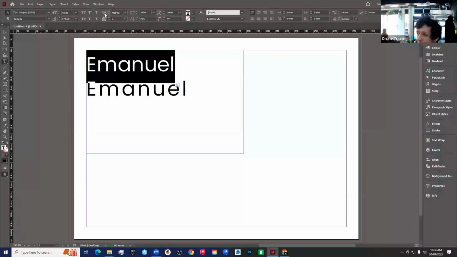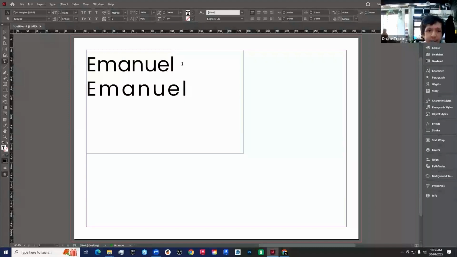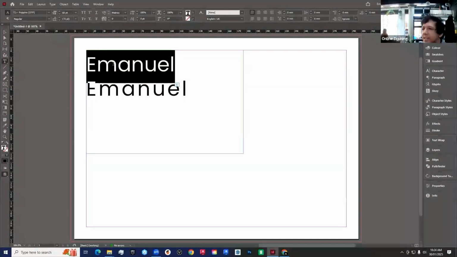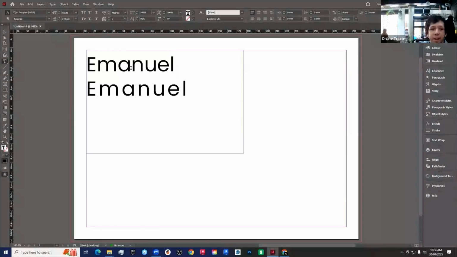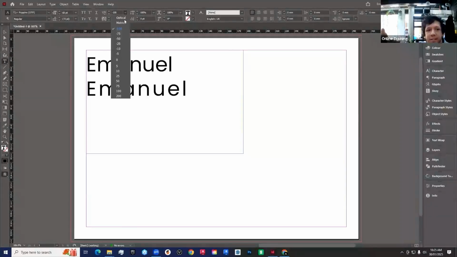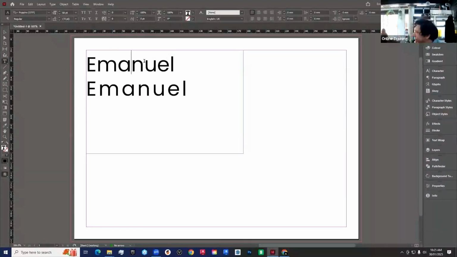Above that, we've got the kerning, the V/A. Kerning is the space between two specific characters. So if I've got a whole word highlighted, I won't be able to change the kerning because it's looking for just the space between two characters. So if I have my cursor between A and N, I can start to affect the space between those two letters. This is a very specific way of adjusting type, but it is quite important